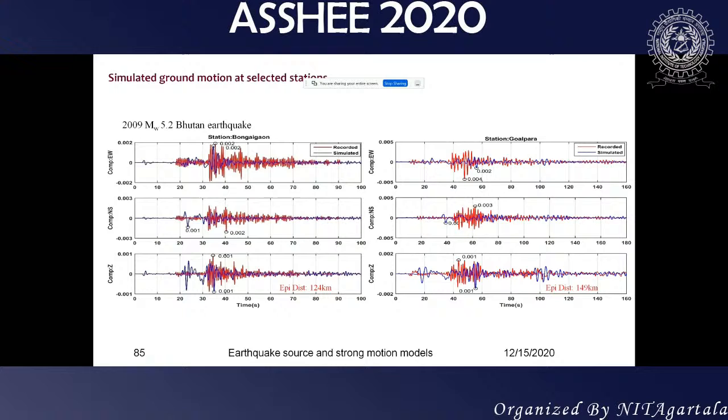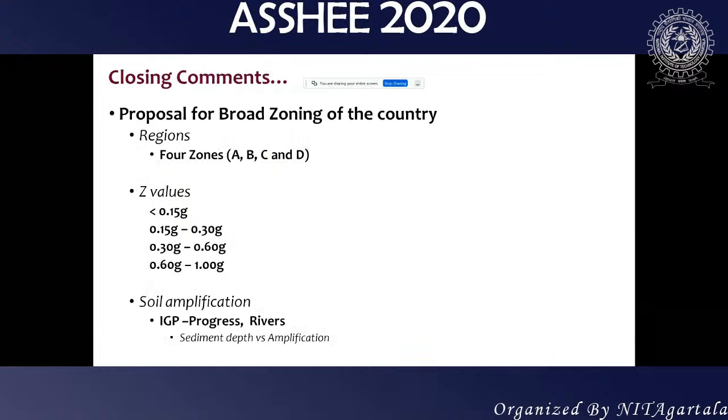So we are trying to calibrate our models with this one now, and I am showing you only the low frequency simulations, but we can do the high frequency simulations, and then we can combine them in a broadband, and we will compare with the data itself. So anyway, with this, I will close my lecture so that we can have a discussion.